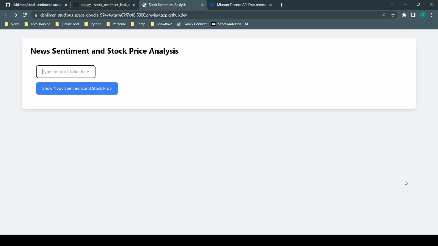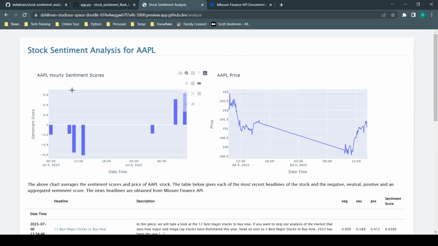Hey guys, in this demo, I'm going to show you the application that I wrote recently, and I'm going to show you some of the code behind it. Okay, so we'll start by entering the ticker name, and we're going to request the news data feed for this company, and also perform sentiment analysis on that news feed, and we're also going to request and display the stock performance over the same time period